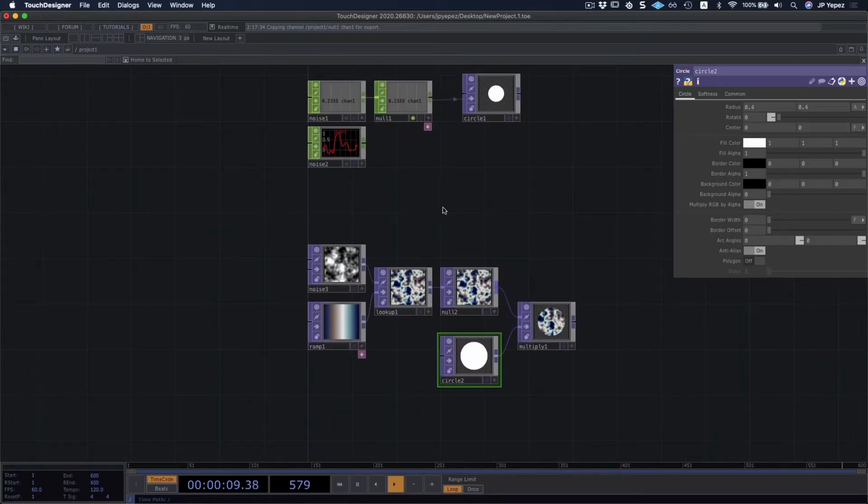So that's about it when it comes to TOPs. We've checked out generators, effects, we've seen different types of compositing, and we've seen how to integrate all these textures with CHOPs for channels, numbers, and data streams. We're gonna move on to SOPs in the next section as we start transitioning towards 3D.